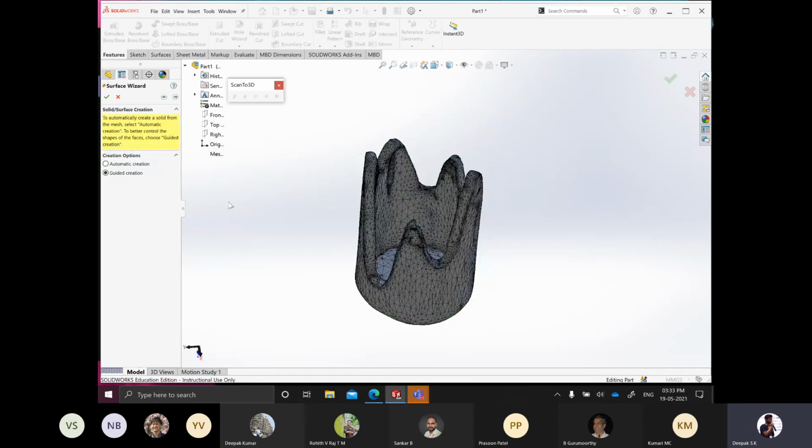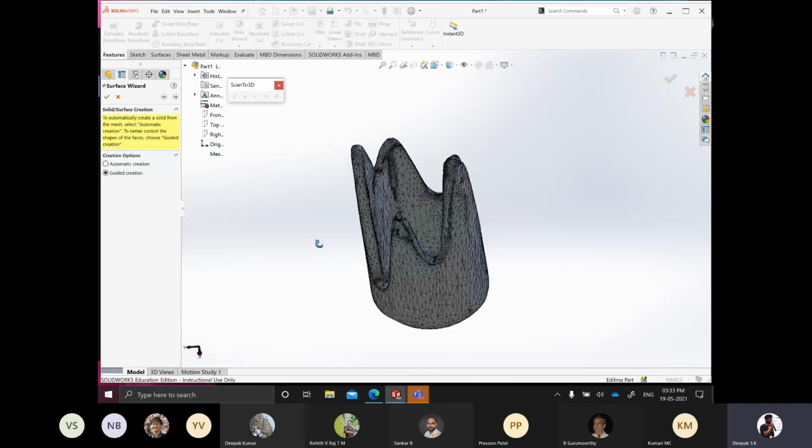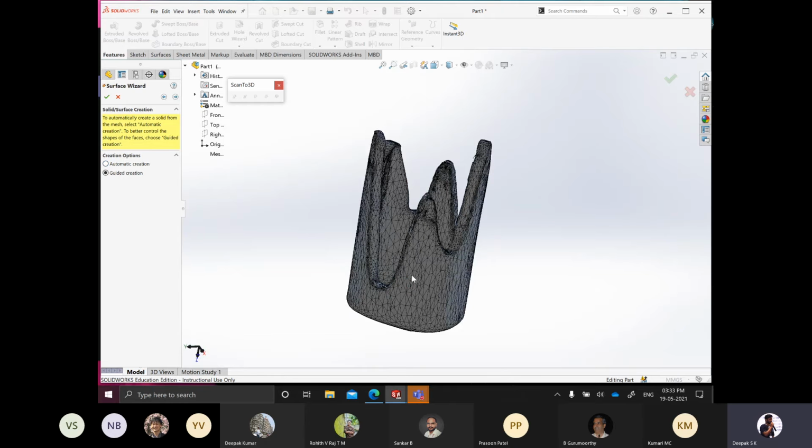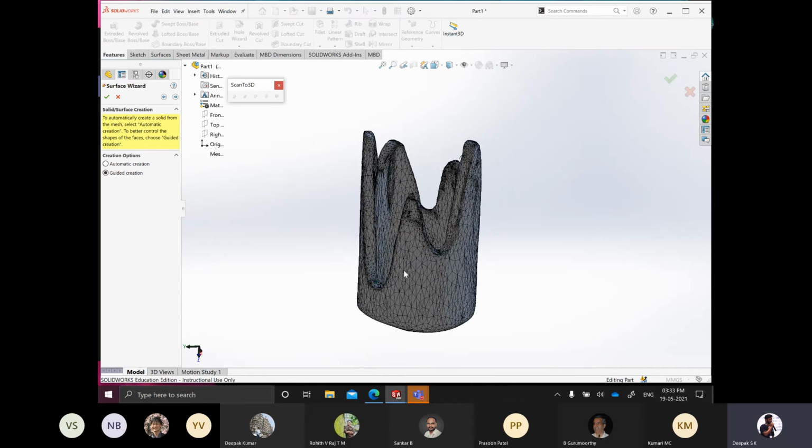Now this is probably the most important step in creation of the surface. You will be given two options here. One is the automatic creation, and one is the guided creation. In automatic creation, what happens is SolidWorks itself decides which operation to be done in order to get this surface. So whether it is extrusion or loft or revolve, that kind of operations, and it will try to create a model on itself. So you will not be able to access how SolidWorks came to that final conclusion. So let us see how it was. So you finally go, and then for right now I'll give the surface data like this only.